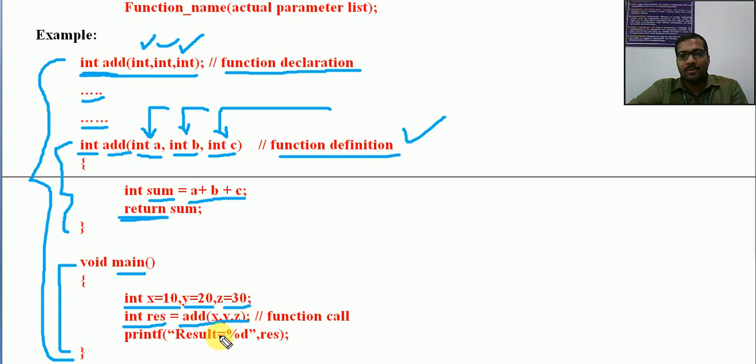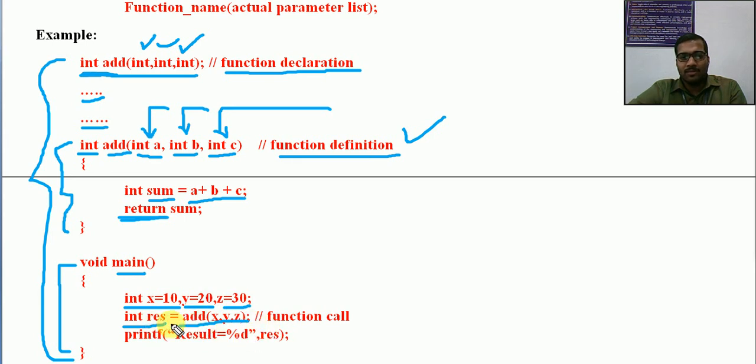You will be thinking that this can be easily written like int res equal to x plus y plus z. Okay, that is also correct. But this is only a simple example. If a function requires more operations, not only summation, it requires many logics, it will have multiple statements also. This consists of only one, so it is an easier function, but still, even if it is a single or simple statement, simply make a call to add of x comma y comma z, semicolon.